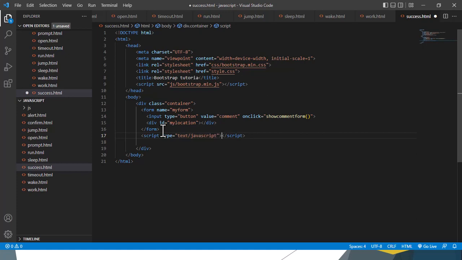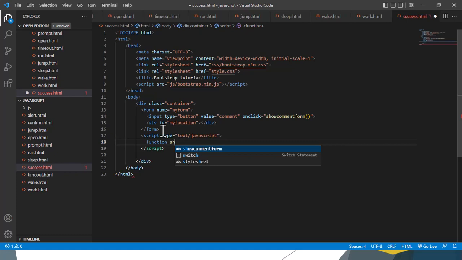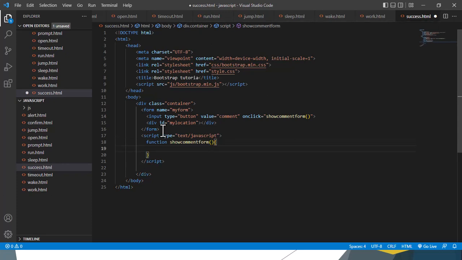Give it a function of show comment form. Give the function of show comment form. Then we have to be data. We have name. Okay, and